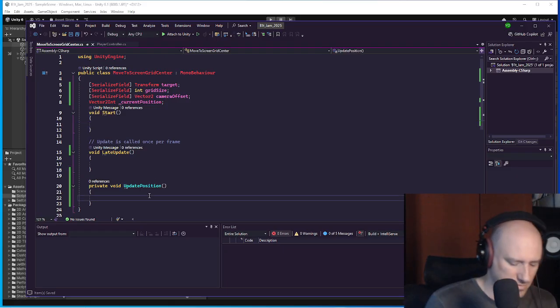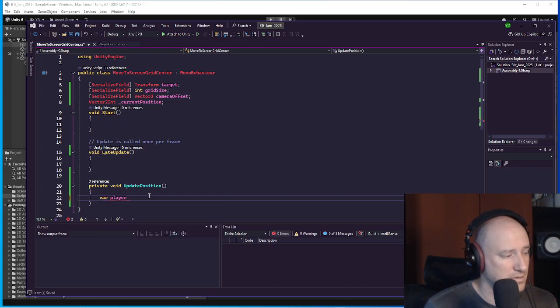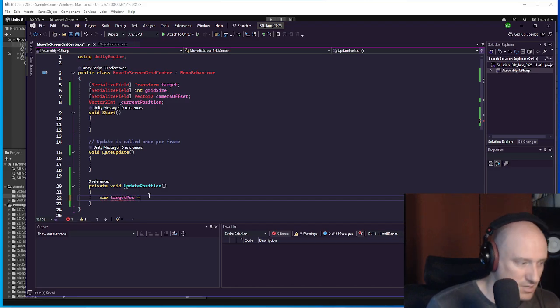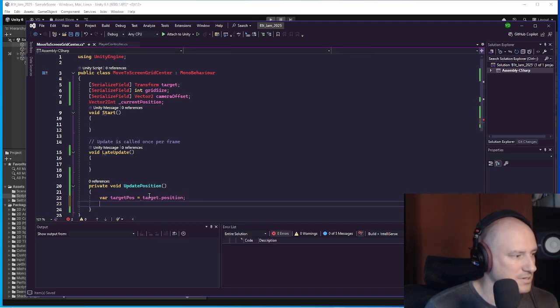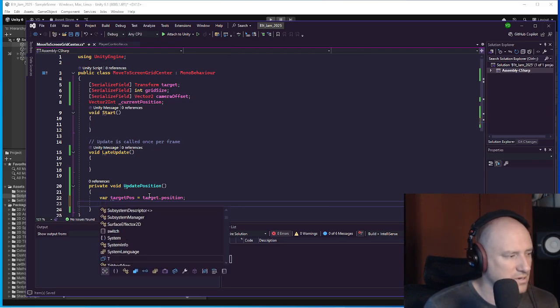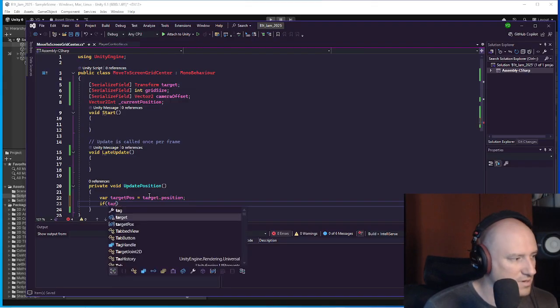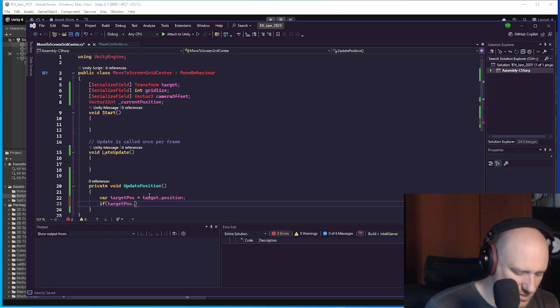And when we update the position, we'll say var target position equals target dot position. And then we can say if it's within 5, we can divide it. If target position x is not equal to 0,